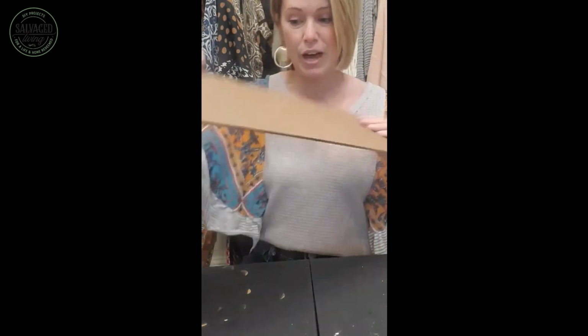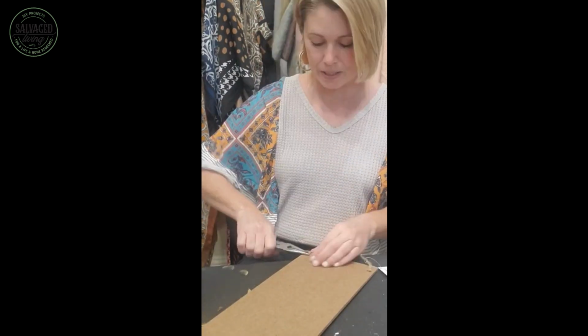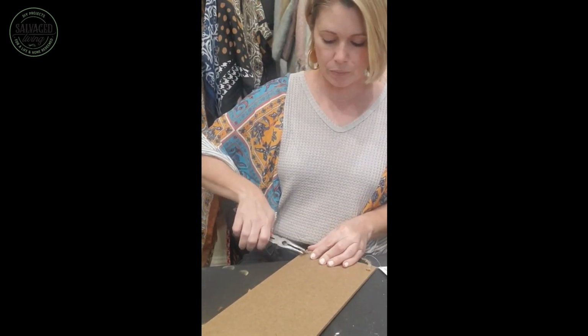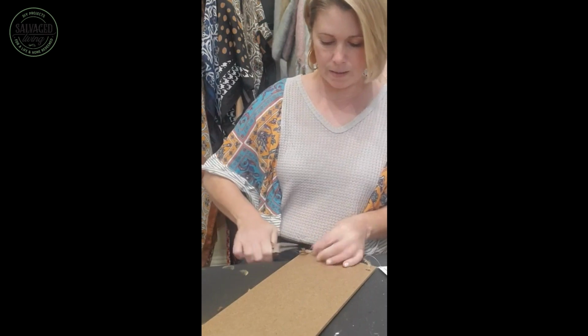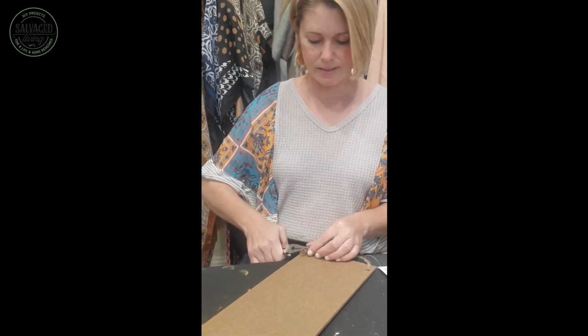And I'm gonna use the back side because the back is just plain. So don't forget the back side of stuff, you guys. What I'm gonna do is take off the little hanger. So I'm just pulling these little staples off the back. They come out really easy, and they don't really mess the